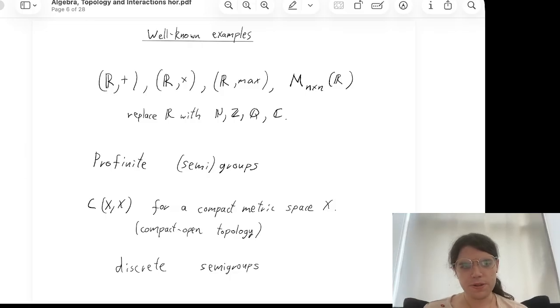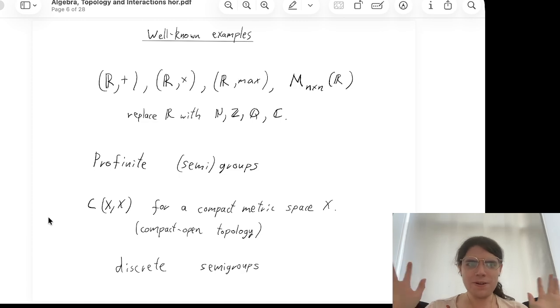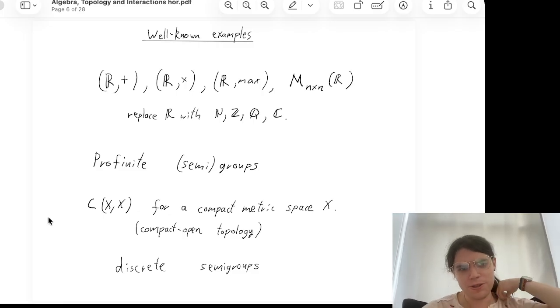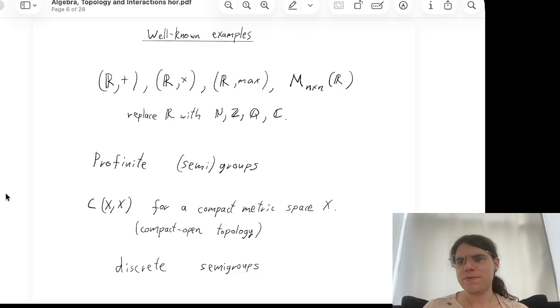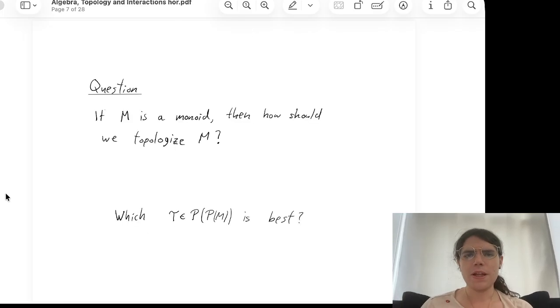Profinite groups are topological groups. So are profinite semigroups, if you're familiar with those. If you have a compact metric space, you can look at the continuous maps from the space to itself, and this is a topological semigroup with respect to the compact-open topology. And if you look at the invertible ones, you get a topological group. Discrete semigroups are topological semigroups, just trivially. So in some sense, which is sort of cheating, all of semigroup theory is topological semigroup theory, where you're just focusing on the discrete case.